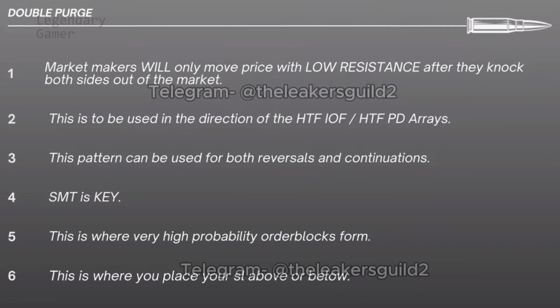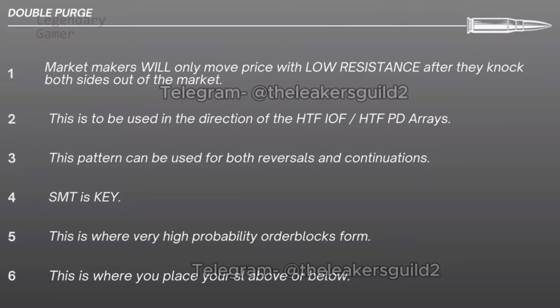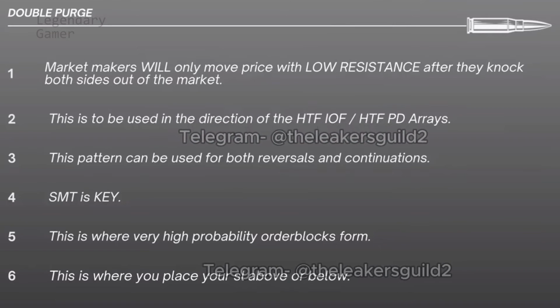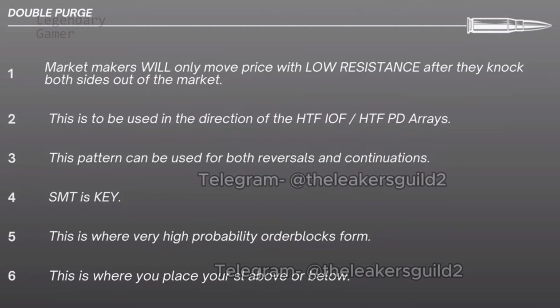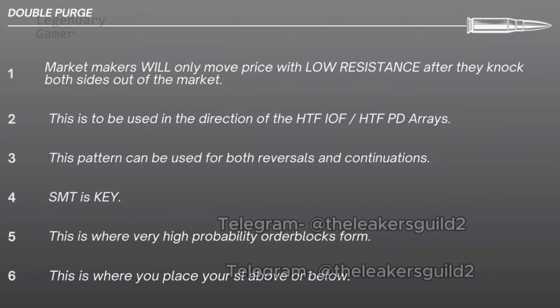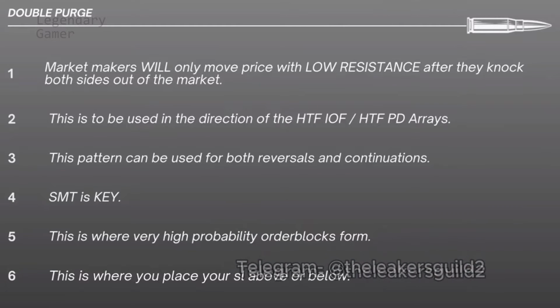The most important part over here is SMT. We really want to spot that SMT to make it high probability. Because why? This is where the very high probability order blocks form. And if we know what a high probability order block is, we also know where to put our stop loss